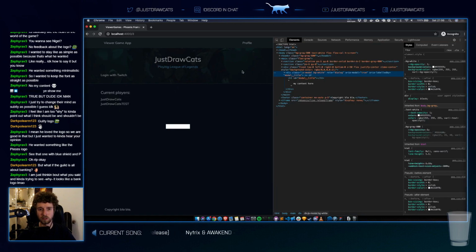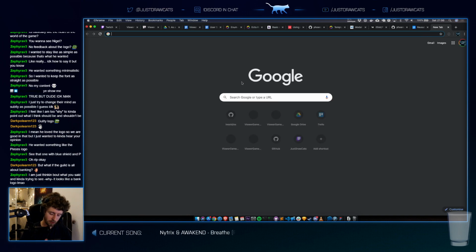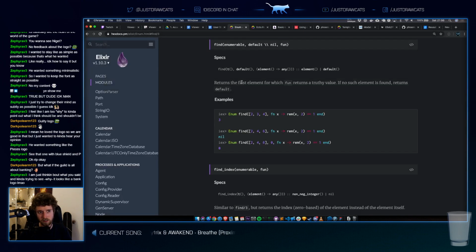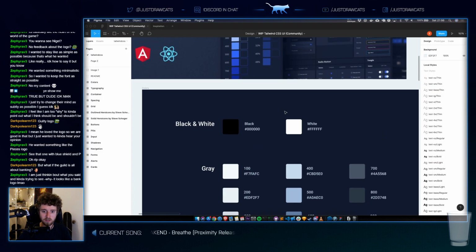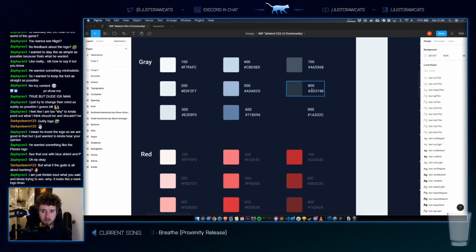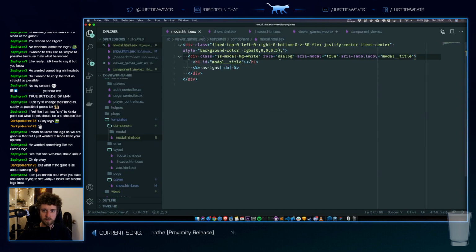Oh, I don't want modals to be white though. Oof. Dark UI. Okay, let's see. We have color palettes, so we should be able to figure this out. 800 maybe. Gray 800.